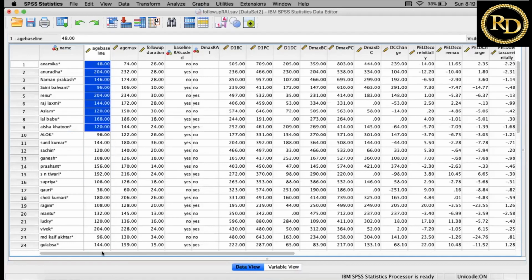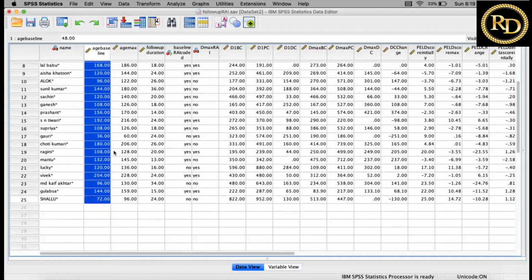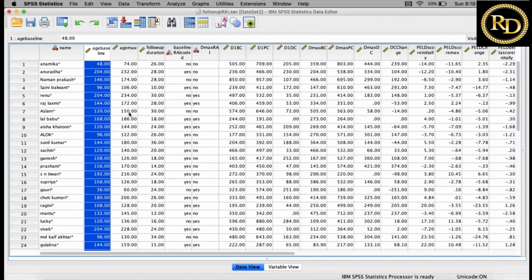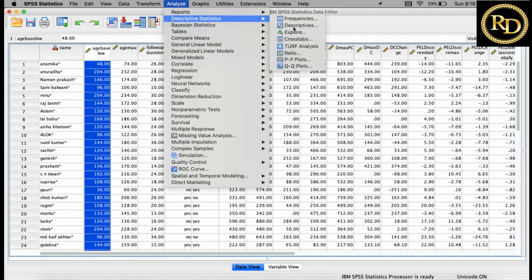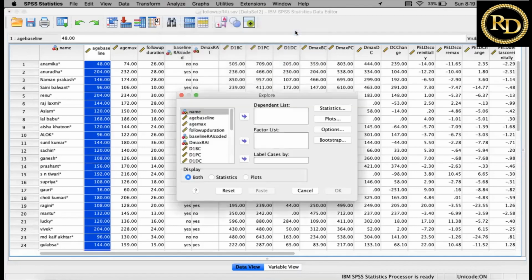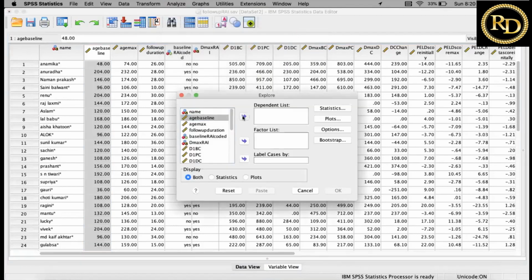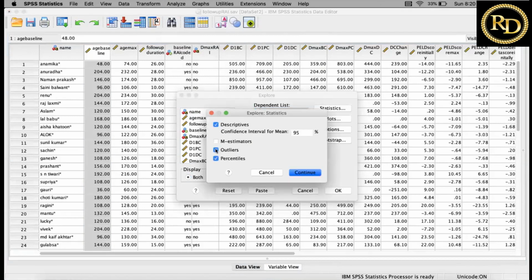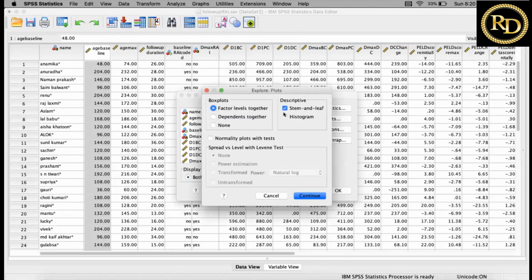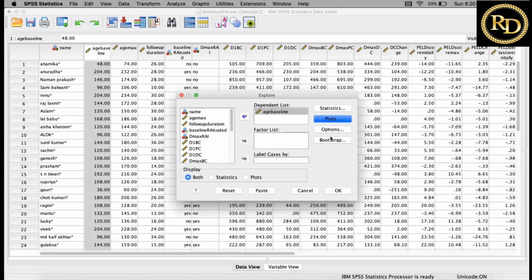Now I want to present this data. How can I present this data? I will go to Analyze, then Descriptive Statistics, and then Explore. And then I will put the age. What statistics do I need? I need outliers and percentiles. Continue. What plots do I need? I need histogram, and normality plots with tests. Continue.